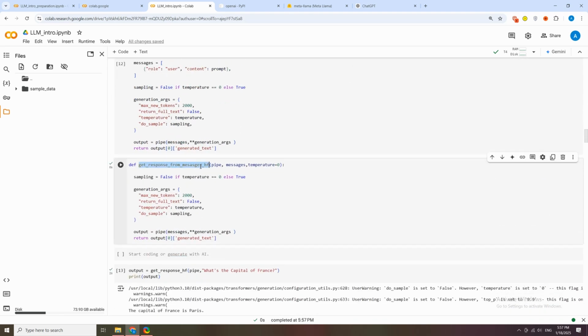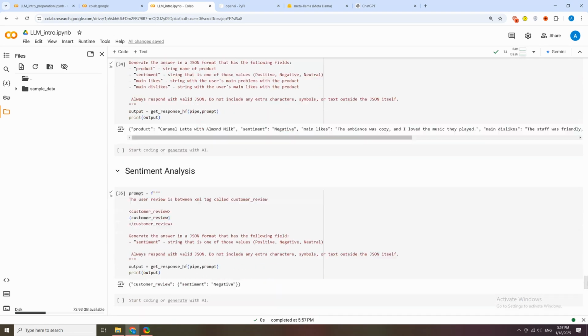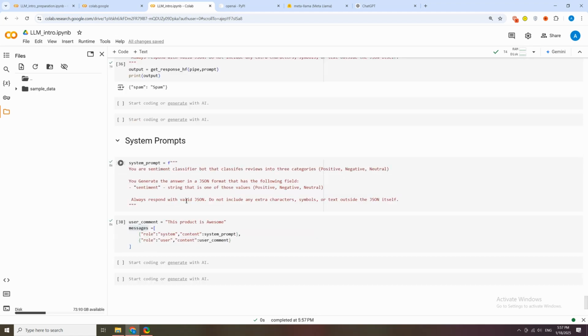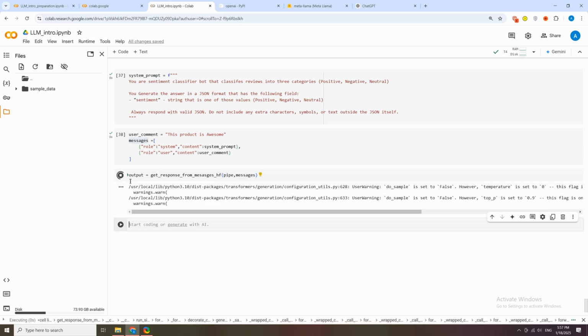So just copy this and go back down again, and now we are going to have the classifier, but from the system prompts. So you can have the pipe and the output, and you can just print the output again,